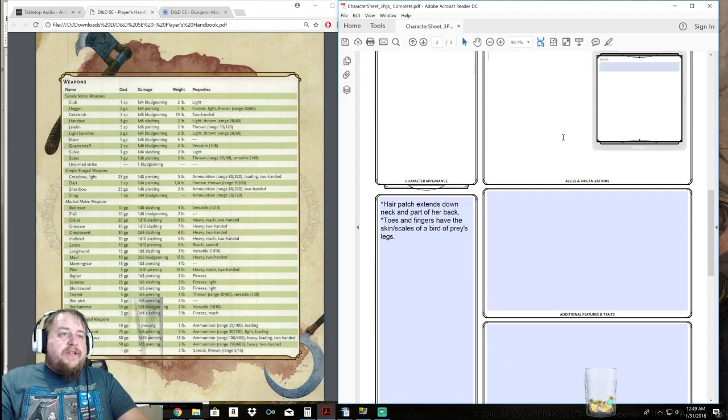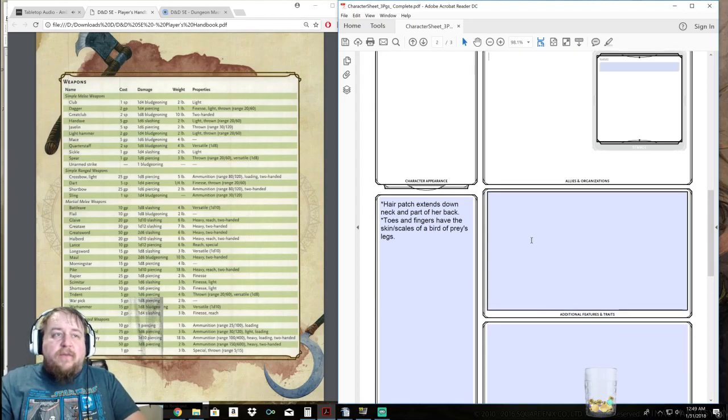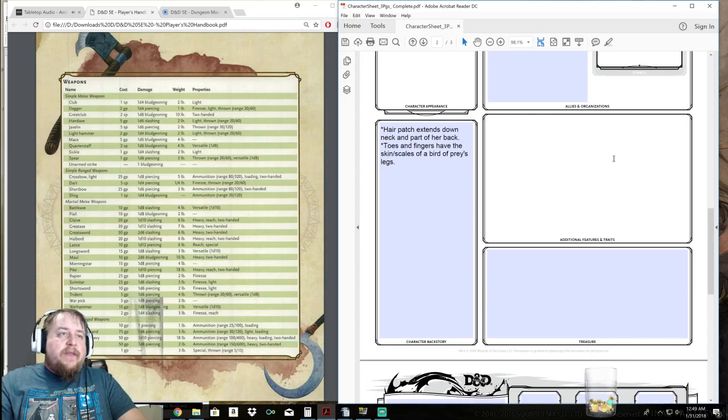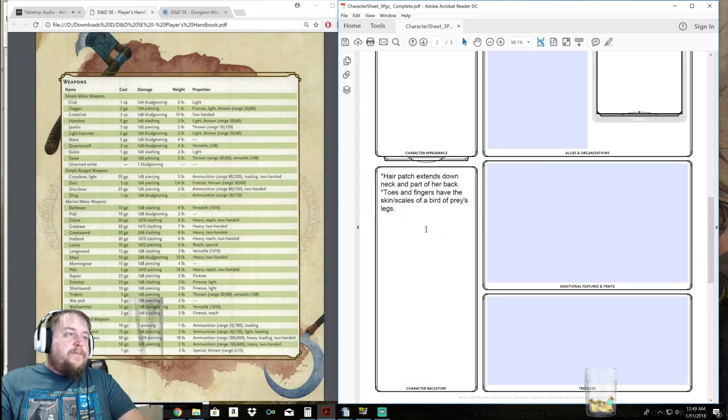Alright, as of right now, she doesn't have any allies or organizations. That's something that we can fluff up later. Additional features and traits, she doesn't have any that we need to expound on right now. Treasure, she's not discovered any treasure just yet. For character backstory,